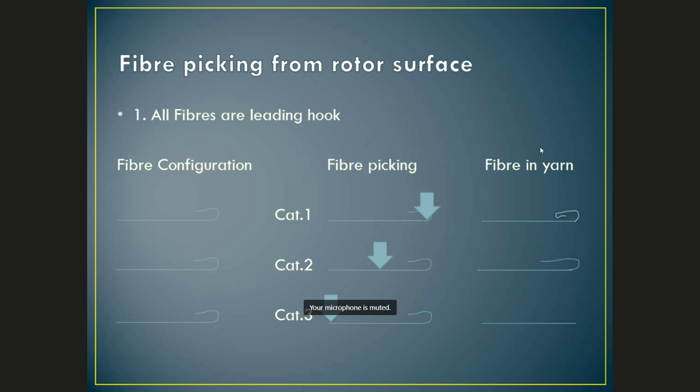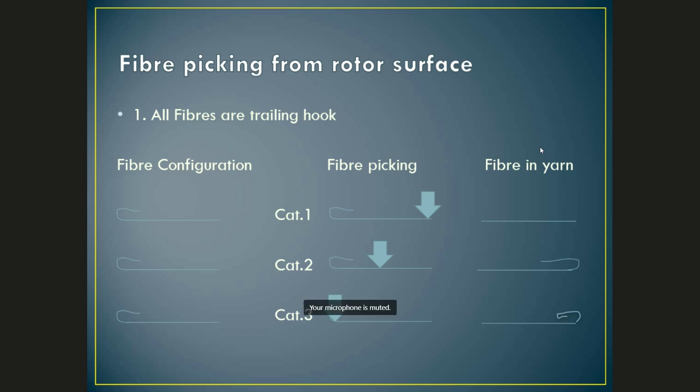Now see situation 3, where I'm feeding all fibers having trailing hooks. Now if that is the situation, then the fibers are falling under category 1. What is my category 1? It is just emerging from the transport tube. It is being picked from here. So what is going to happen? This portion is still in the transport tube and will come again with some other fibers or even the inner surface of the rotor. It is likely this portion may get straightened out due to the brushing action again. The fiber in the yarn will be straight.